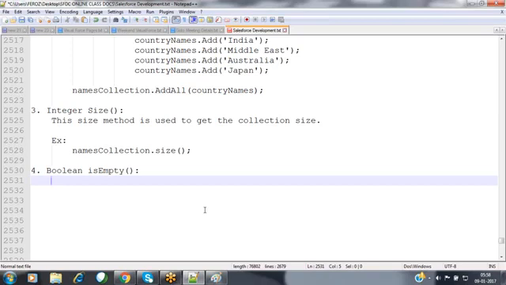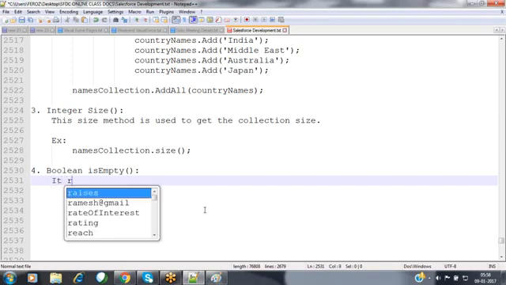Size, right, correct. So nothing but here when coming to the interview point of view, this is very, very important here. How can we identify whether the collection is empty or not without using is empty method? We are having the size method. If the size is equals to 0 means there is no elements, nothing but collection is empty. So that we can use that size method also here.